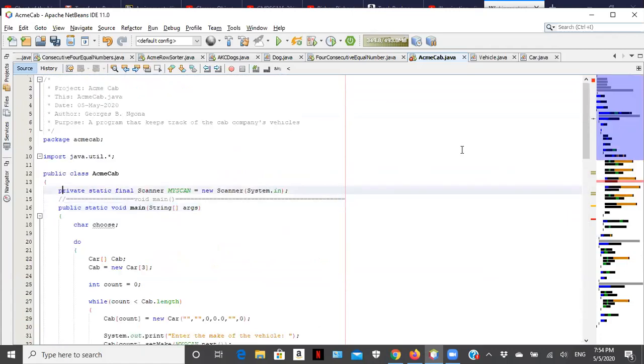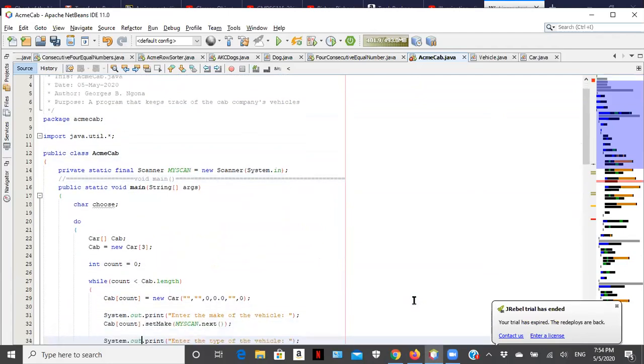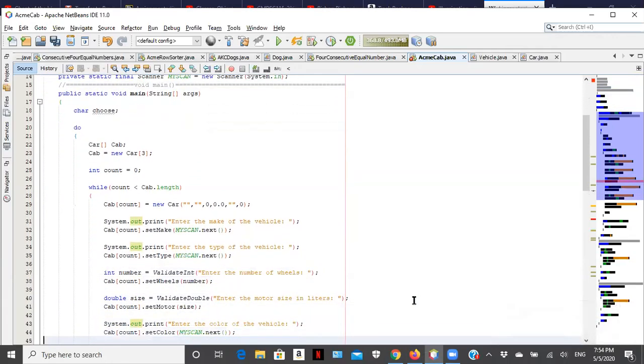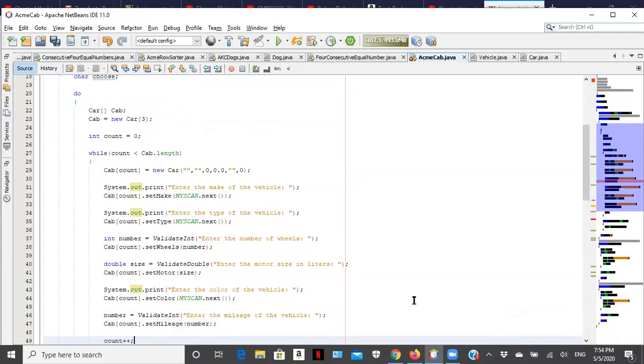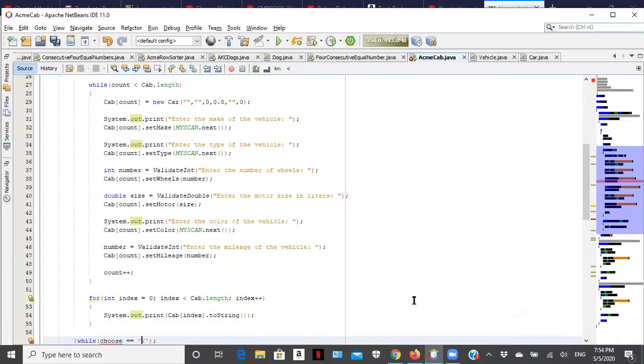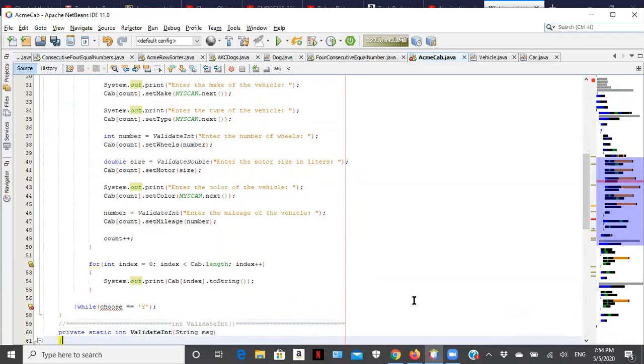Go up to the top. Char choose is there. Keep going down. Scroll down. It says never use it. Keep going. Put your mouse over choose. Do you need the